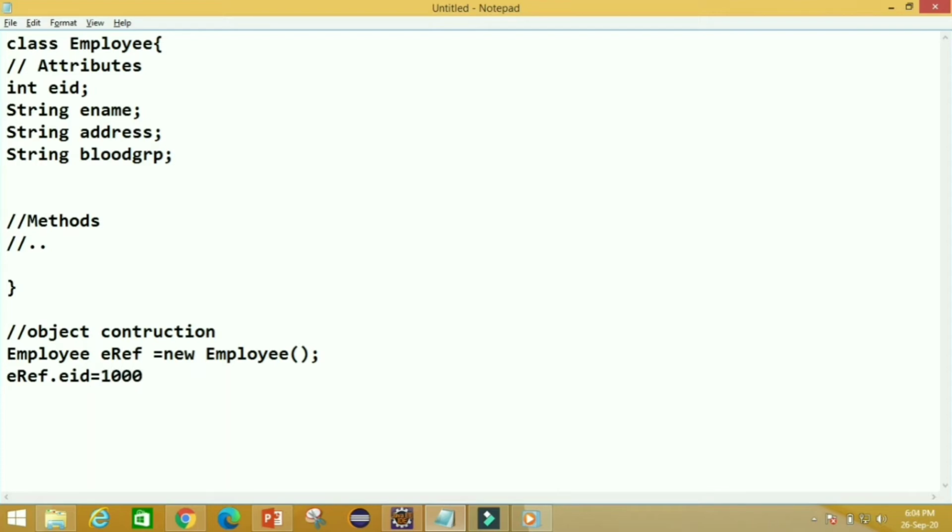equal to 1000. Similarly, we have eref.ename, and we have Dinesh as the employee name.